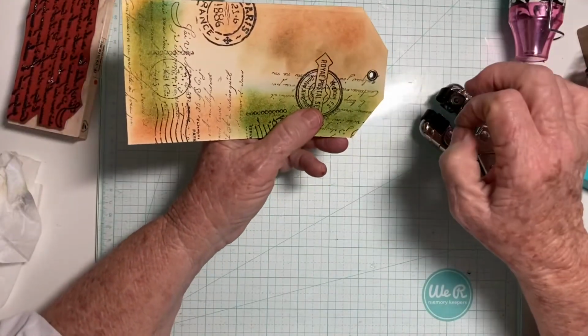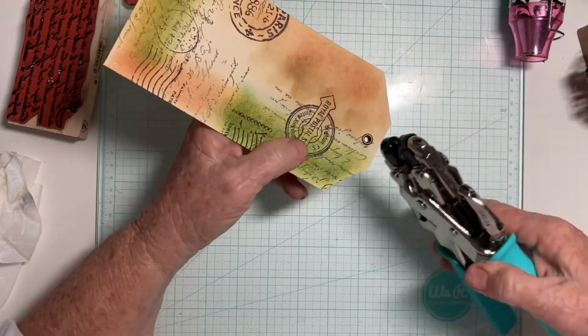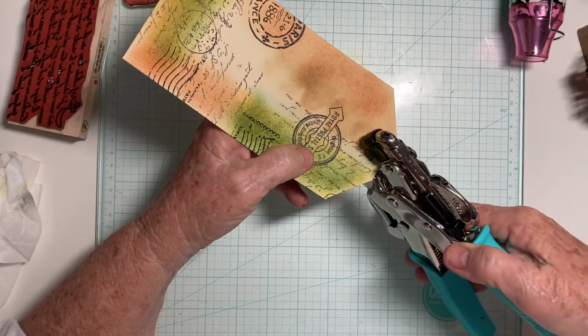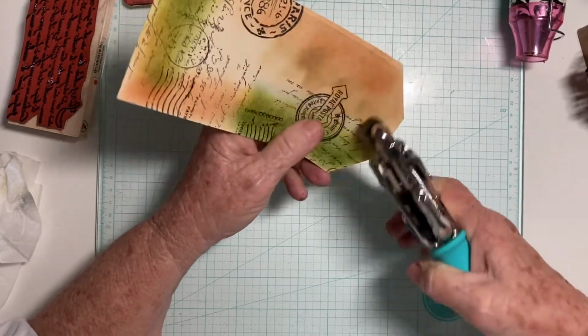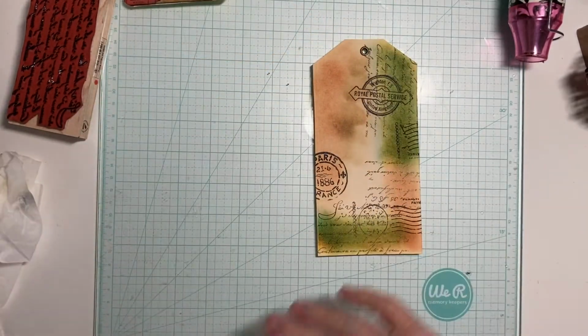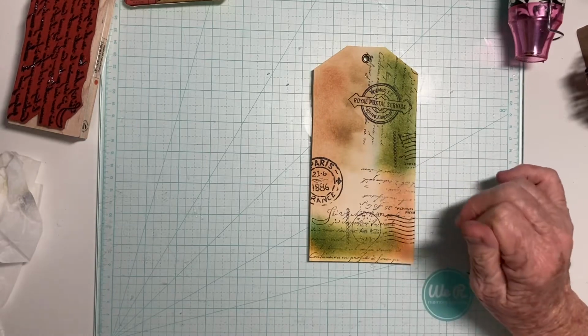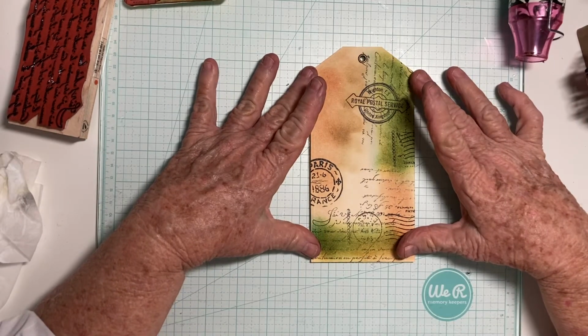Might have been nice to put, well, I was going to say put a piece of paper underneath it, a ticket or something. Might have made it interesting, but too late. Okay, the next thing we're going to do is,